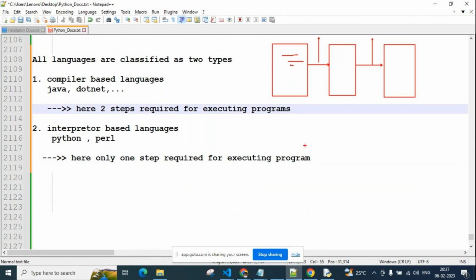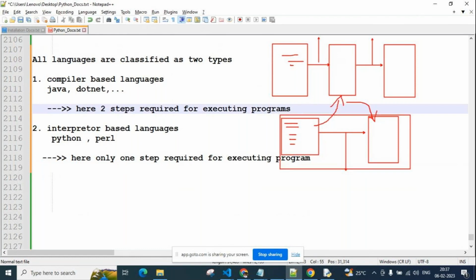Okay, but in Python, we create the high level code here, and it is directly converted into a machine understandable format, and then we get the output in only one step. That is nothing but the interpreter. Here, each step is checked for syntactic correctness. If it is correct, the bytecode is generated and then executed. But this whole process happens within a single statement in Python.